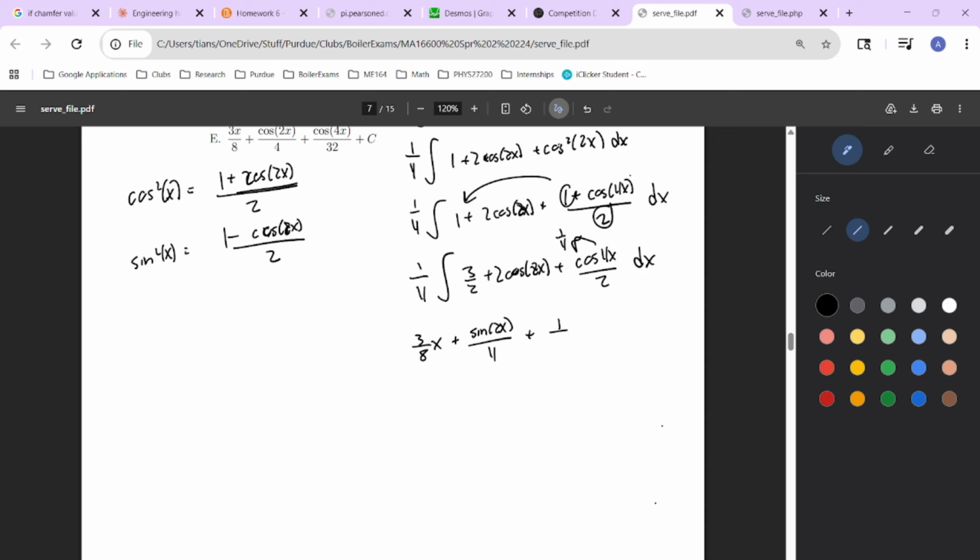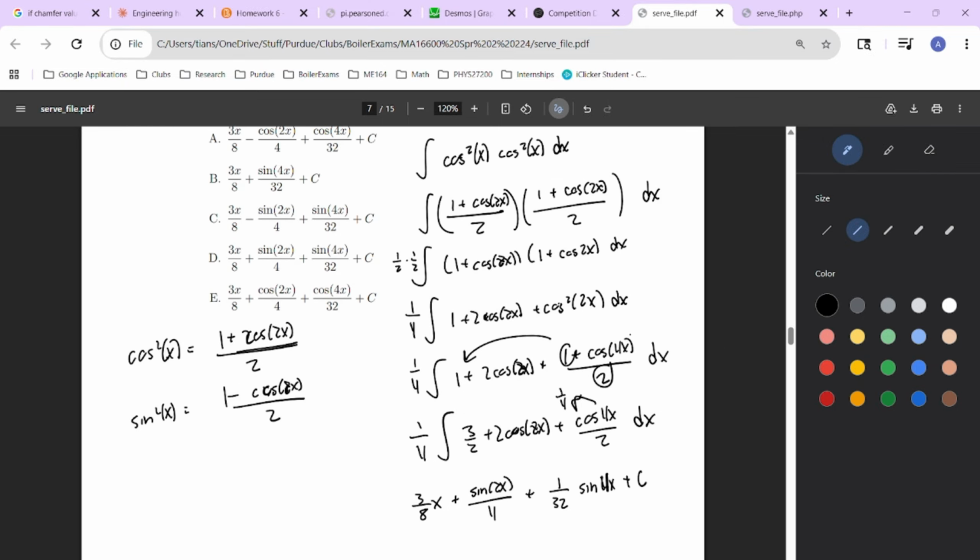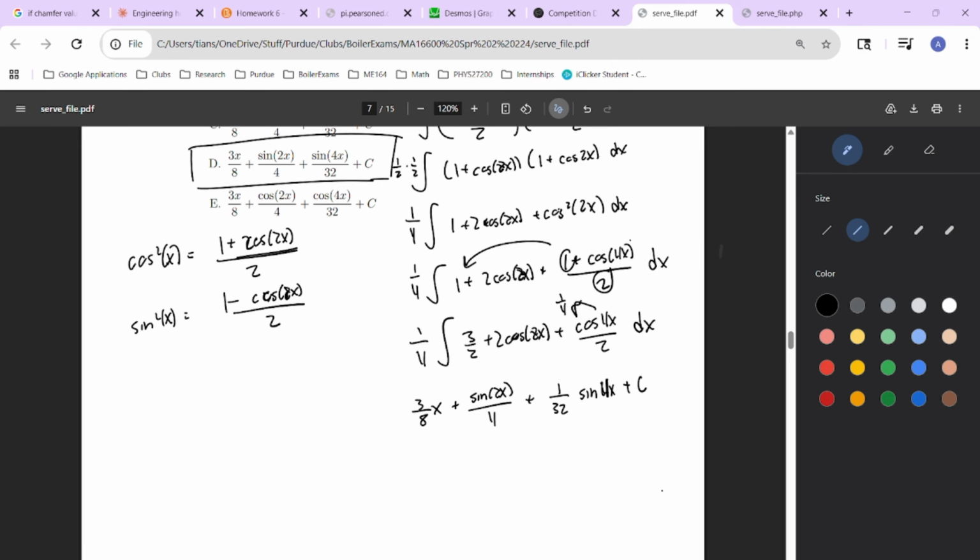8/32. 1 over 32 multiplied by sine 4x and then plus c at the very end. Is that a solution here? That would in fact be, and that would be solution D. Now if you're going to stick around a little bit later for the video, the reason why I was able